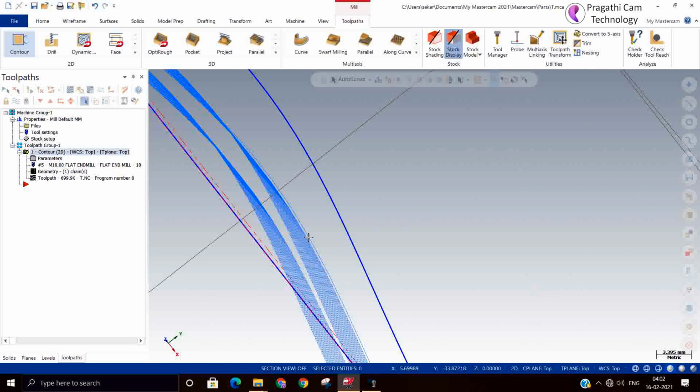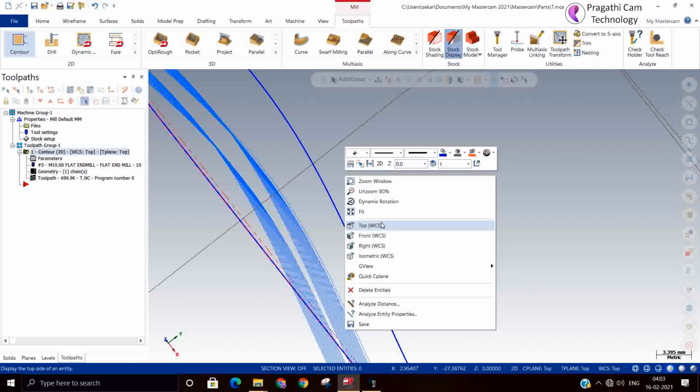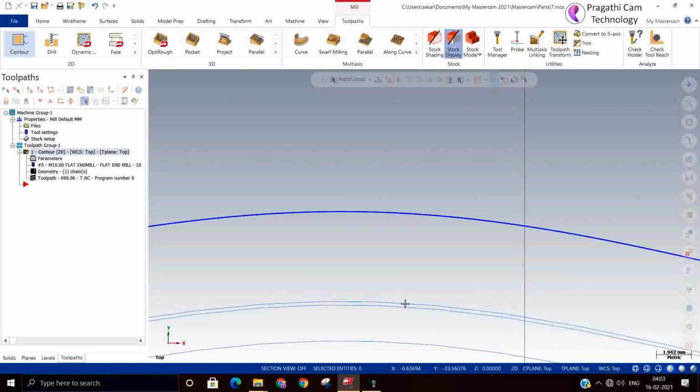It's a little difficult to identify. So you can see this is the finish pass.